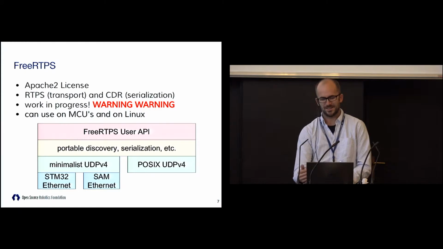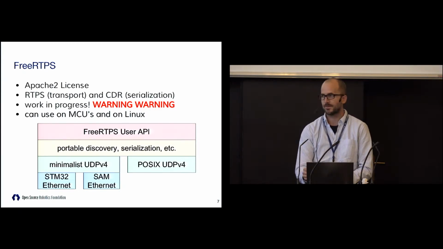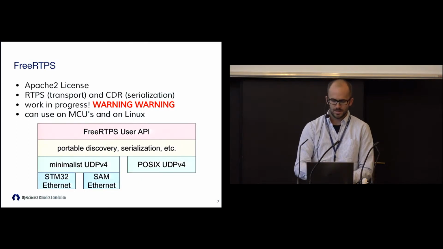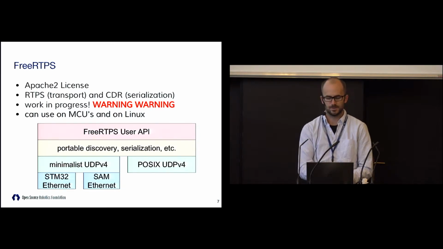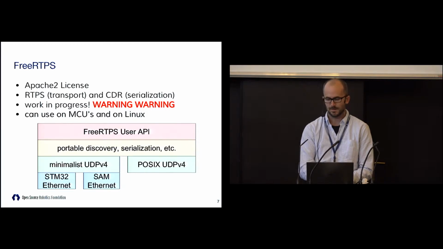Okay, so it's this layered deal. We can debug this by pointing it towards Linux with a POSIX UDP stack beneath it. But really all it needs is a UDP transport layer. So it just calls functions like send UDP packet. Somebody has to implement that. You can either point that towards POSIX networking, or you can point it towards a very thin networking stack, which we've written and then targeted toward STM32 and the Atmel SAM-V microcontrollers.